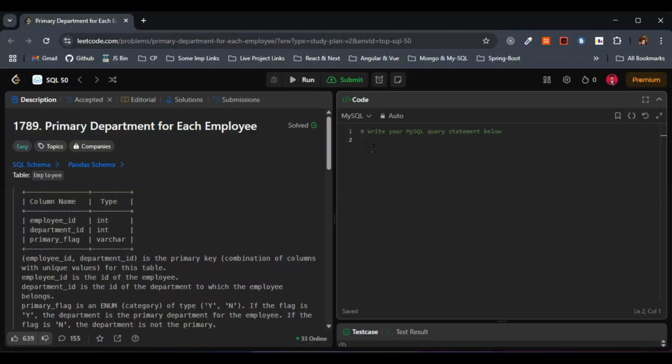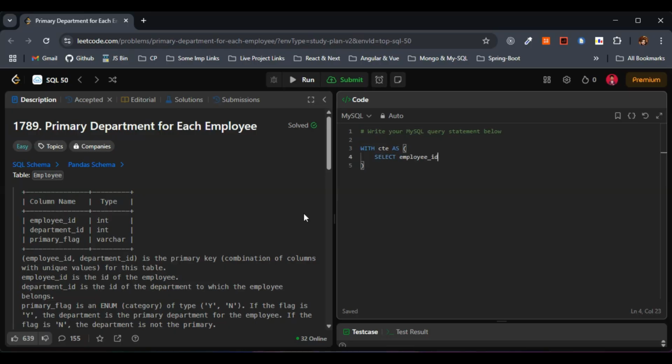So here, in the first step, we have to select only rows where primary flag is y, right? So we will be making use of a CTE, as we had already discussed. I'll give it with CTE, common table expression, as we have to select only rows where primary flag is y in this case. So I'll just go with the select